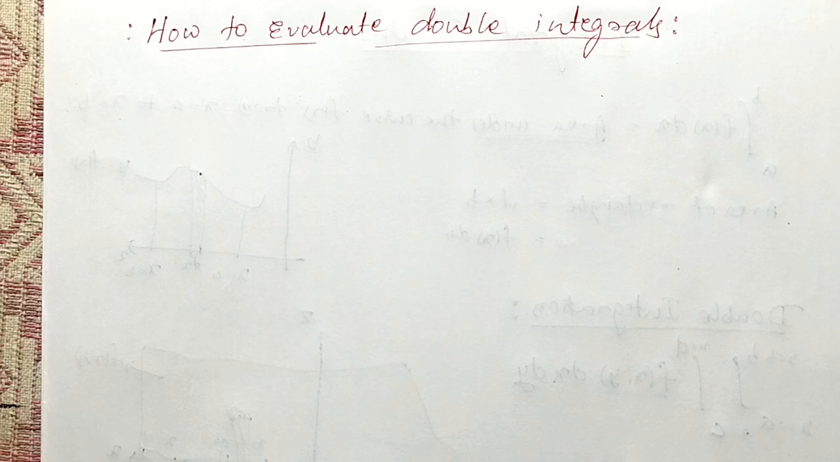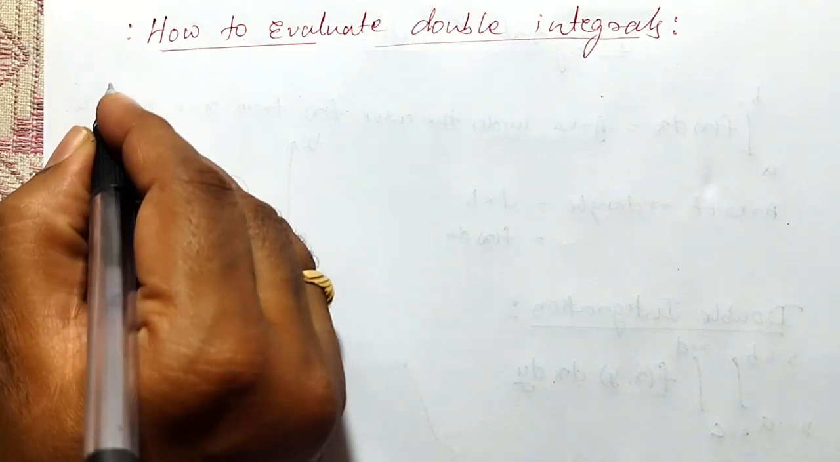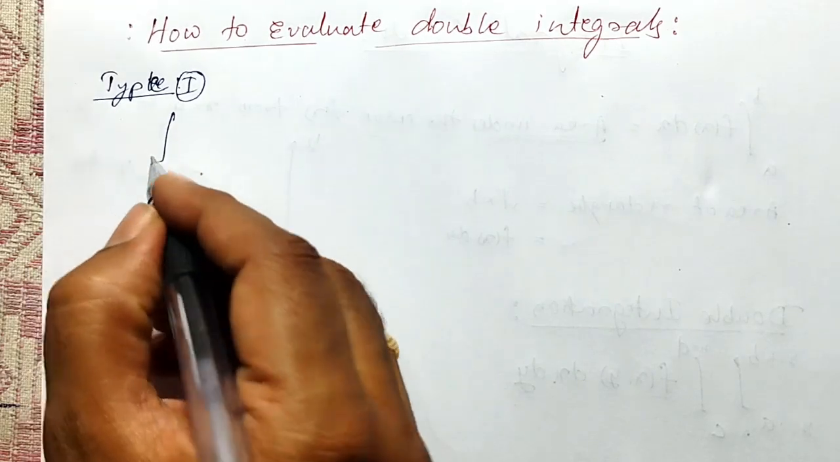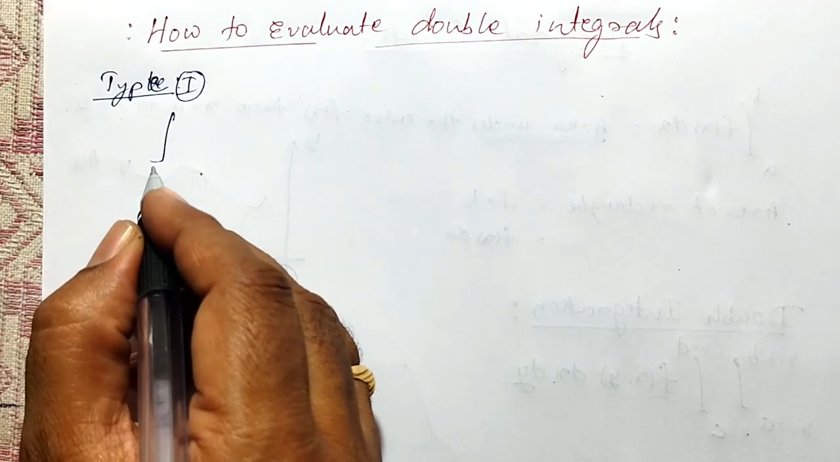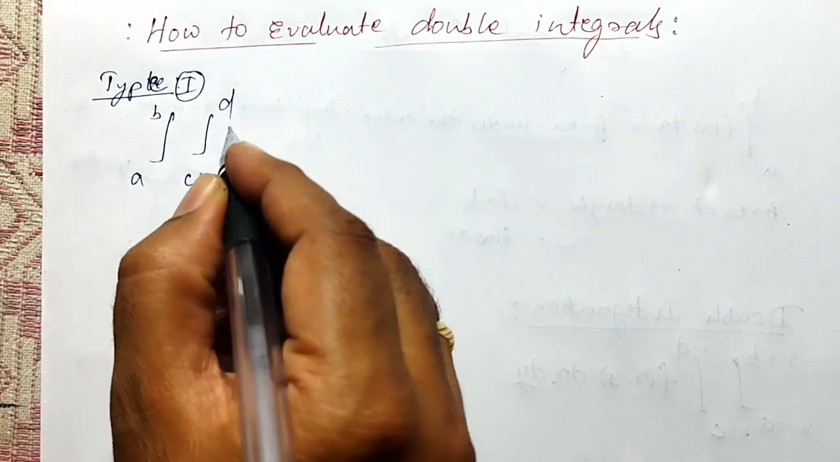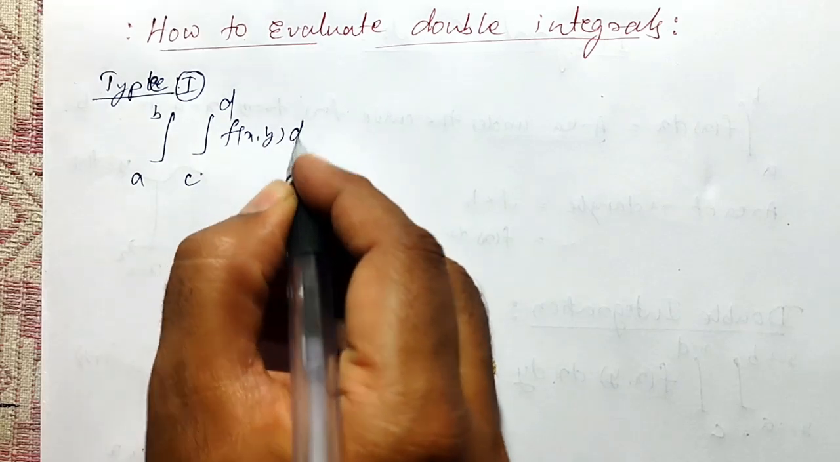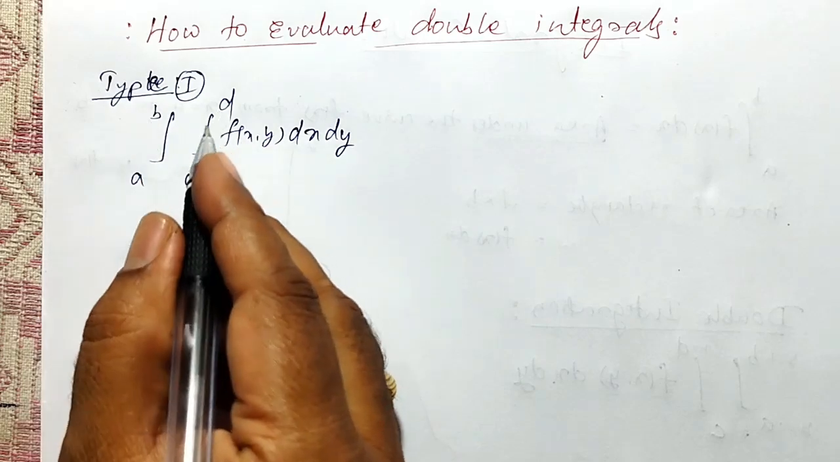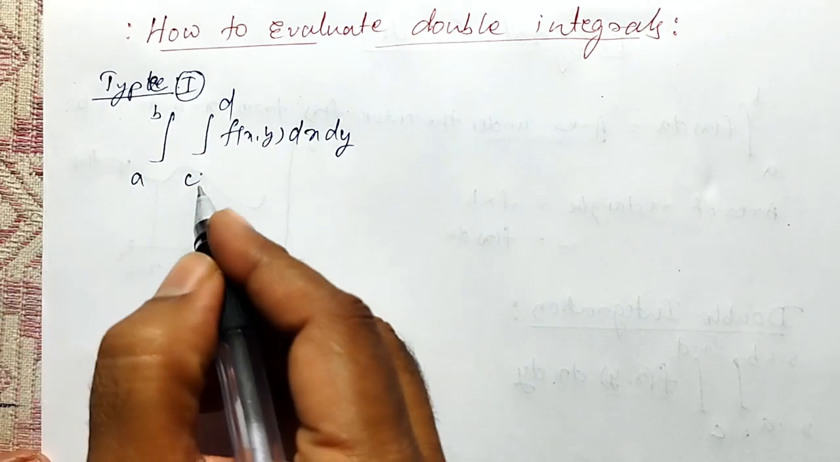Students, in this video we'll discuss how to evaluate double integrations and what type of double integrations are possible with us. Let me consider first double integration of the type 1. Integration from a to b, c to d, some f of xy, dx, dy. If both the limits are constants, then both the limits will be considered as constants